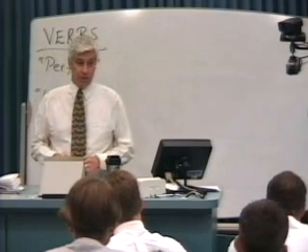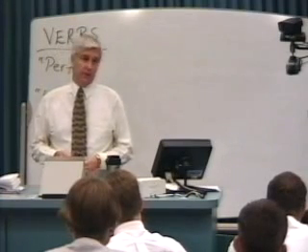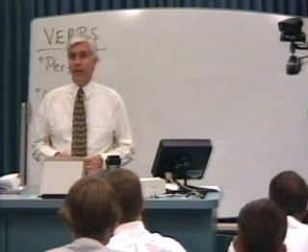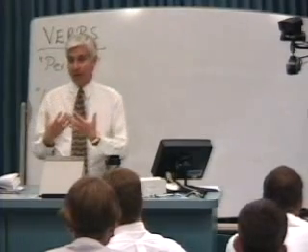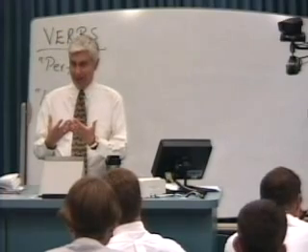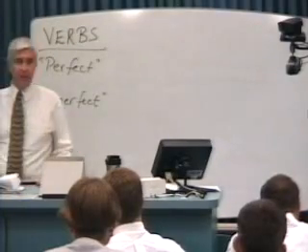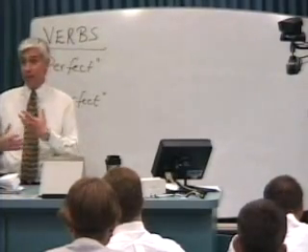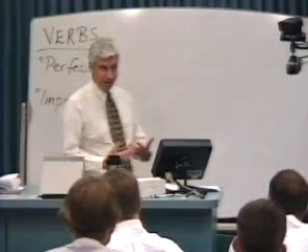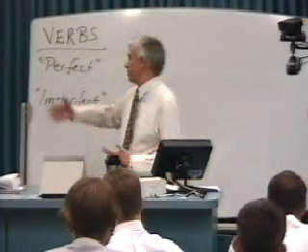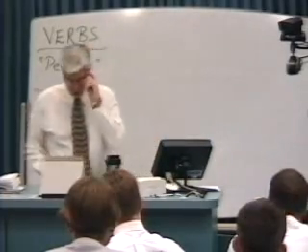So also with verbs. Greek has a much more sophisticated system of verbs than Hebrew does. This sounds good at the beginning, but what it means is that you've got a lot of the same nuances going on. It's just that they're not marked as clearly and obviously. So the weight of what a perfect or an imperfect tense has to carry is significantly more, and that can make translation a lot more difficult in the long run. Even at this stage of the game, it sounds a lot better because you only have to learn essentially two sets of forms. But since we're at that stage, let's rejoice in it. Now,